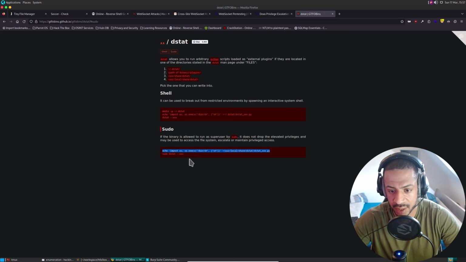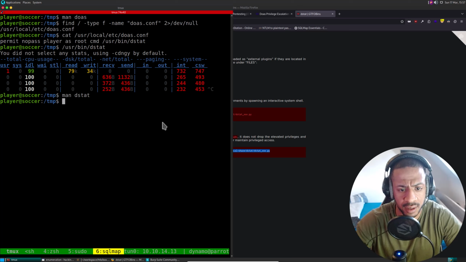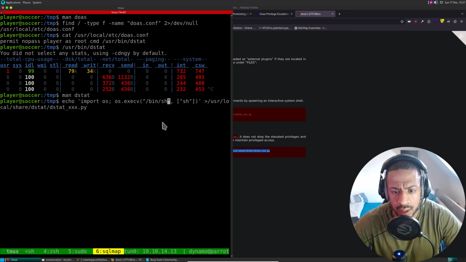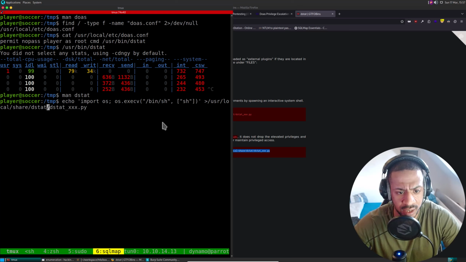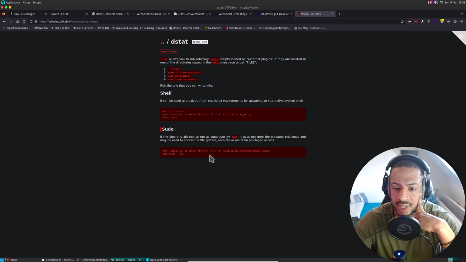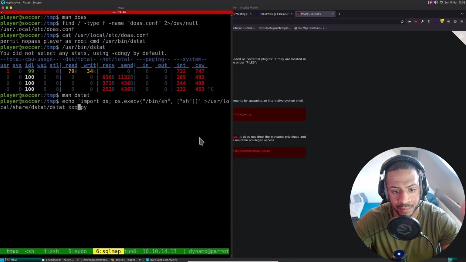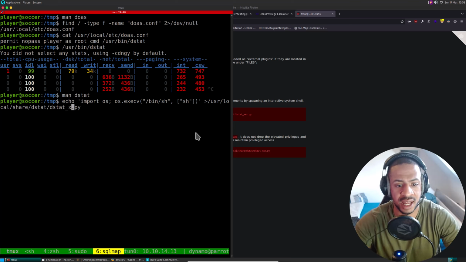Echo import os. Okay, what does it say exactly? Yeah, let's just keep it like this. Call it share dstat xxx. Do I have to? So if the binary is allowed to run as superuser by sudo, it does not drop the elevated privileges and may be used to access the file system, escalate or maintain privileged access. dstat xxx, let's say pawned.